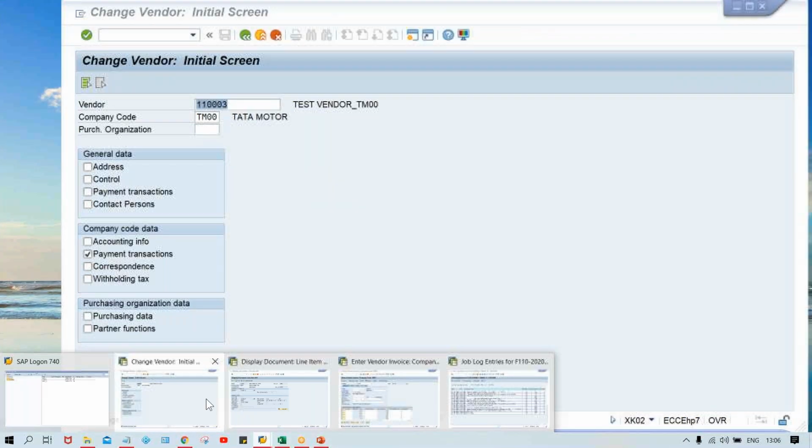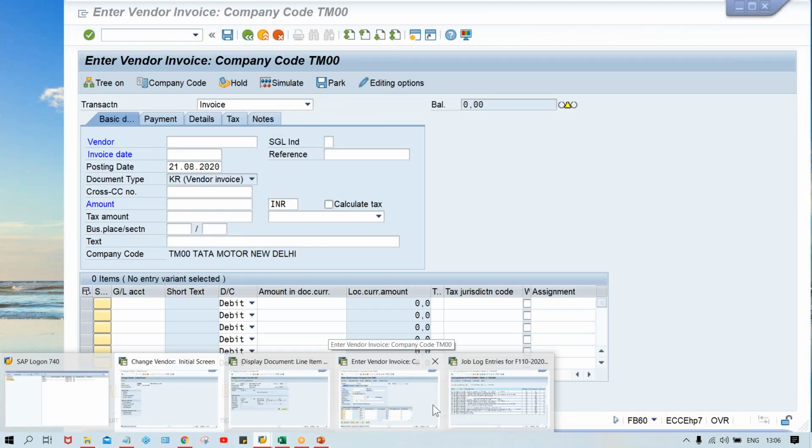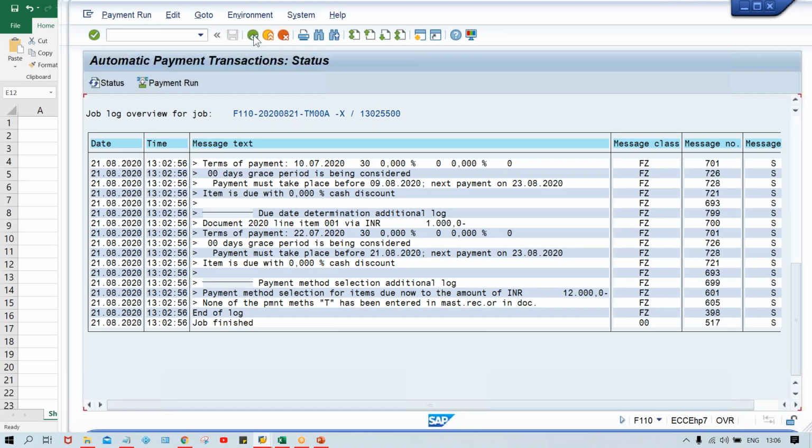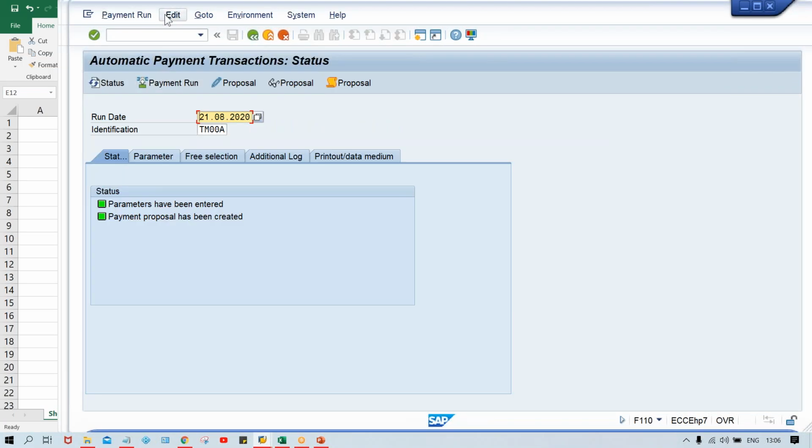Now come back again, and then what to do, guys? In this proposal there is an error, a fault, right? So this is called a faulty proposal. So what we have to do now is, whatever error was there, we have rectified just now, so